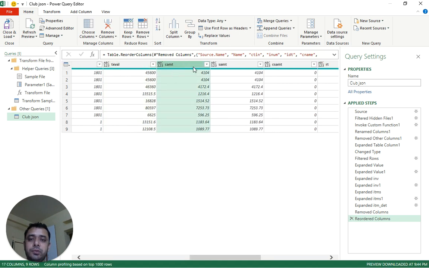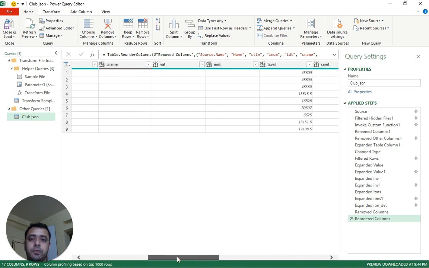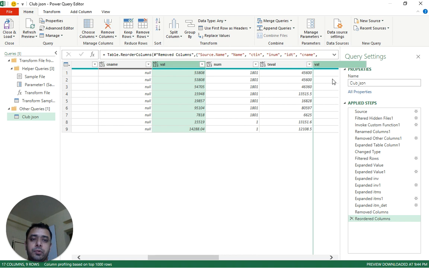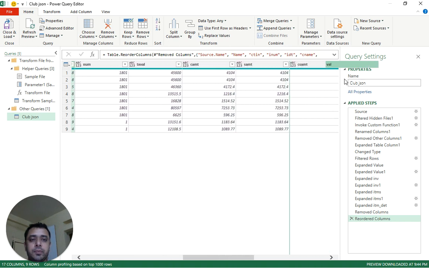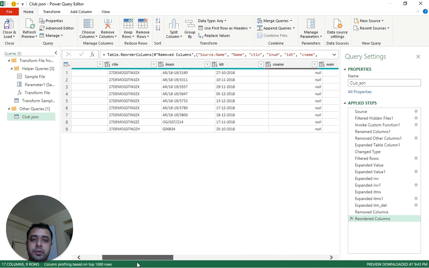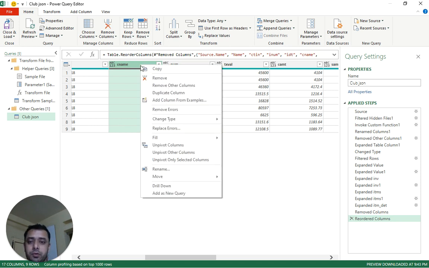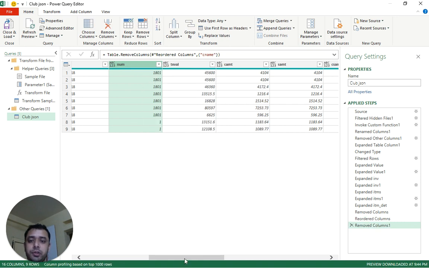Okay, so taxable value, CGST, SGST, sales, and the total of all this will be our value. So let's put it like this after sales. So I think we have done. Yes, this CNAME is nothing but our registered entity name, which doesn't get auto populated in GSTR2. So I am just removing it. I don't want it in my columns. So this is right.